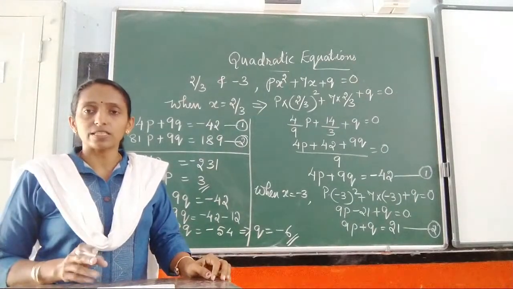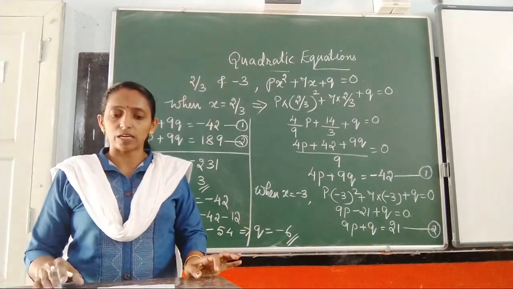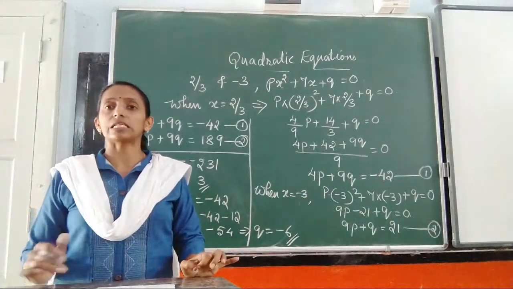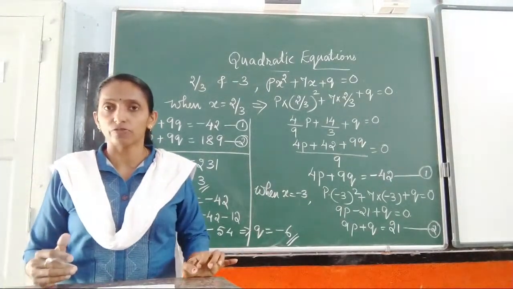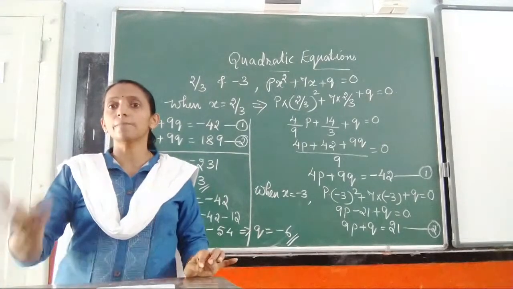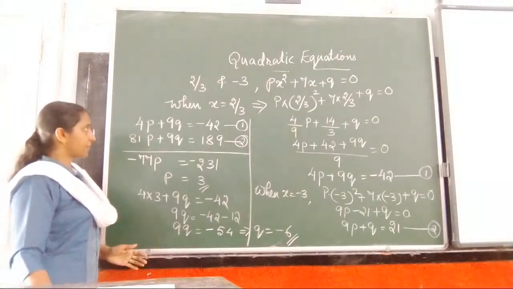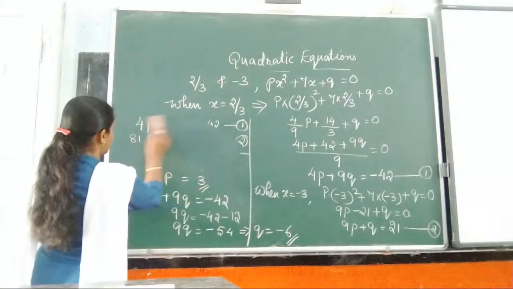So only one root is given as well as one unknown quantity. Of course, you can find out the value of the unknown quantity. After finding out the value of the unknown quantity, you can find out the other root also. For example, if you are taking another question,